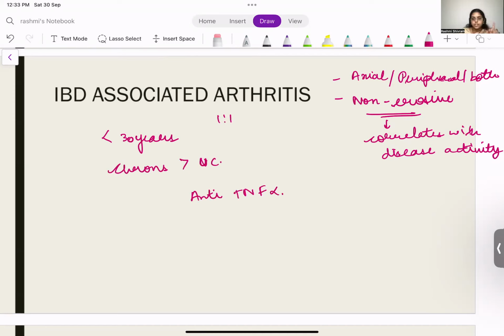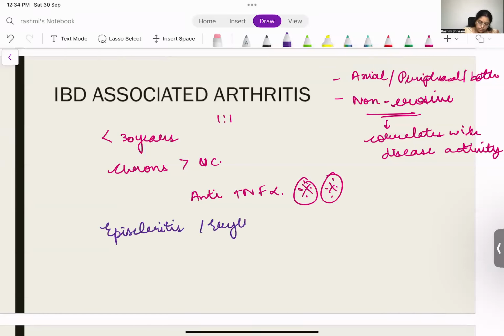We studied that in the first one, ankylosing spondylitis, you can give anti-TNF alpha agents, but it is not going to modify the disease progression. Whereas in IBD-associated arthritis and psoriasis, it will modify the disease progression. So anti-TNF alpha agents are very, very important, like rituximab and adalimumab. Okay. Then, if the patient is developing associated arthritis, the patient is also having episcleritis